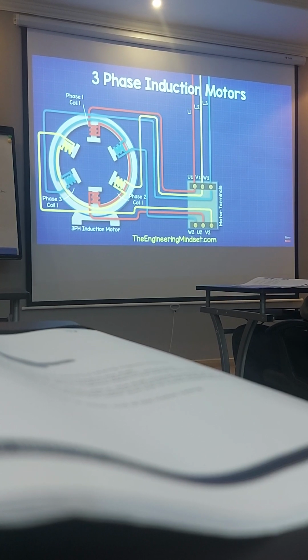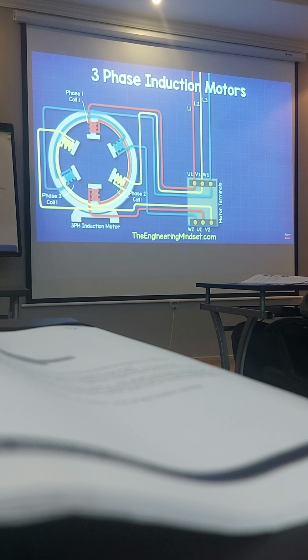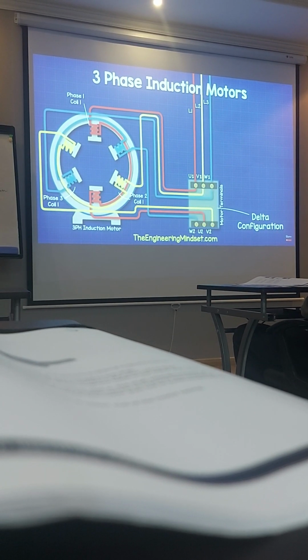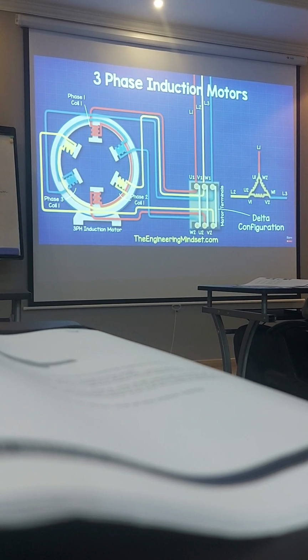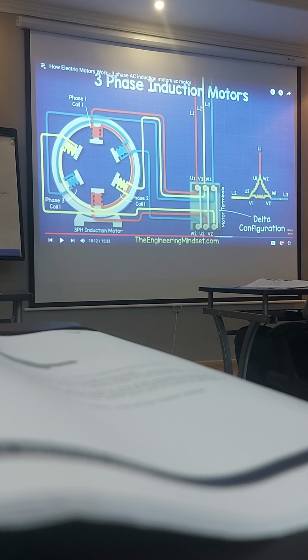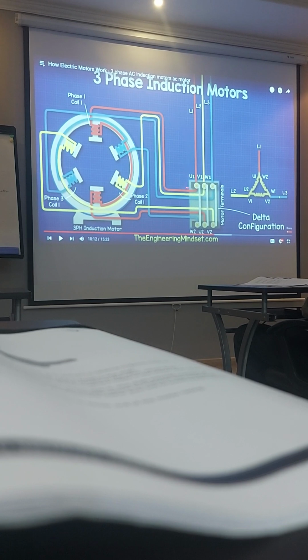For the motor to run, we need to complete the circuit, and there are 2 ways to do this. The first way is the delta configuration. For this, we connect across the terminals U1 to W2. So when you connect a direct online starter to the 3-phase power supply,